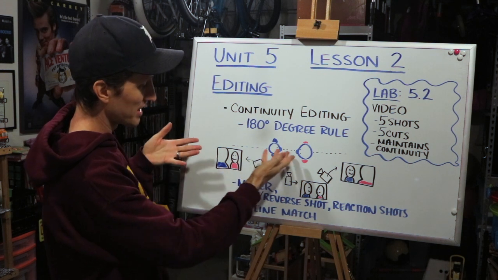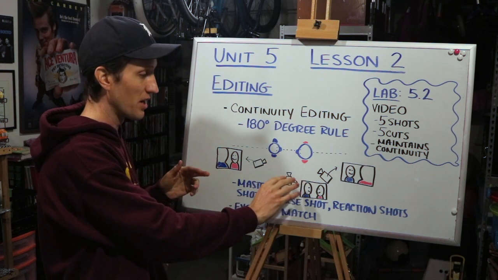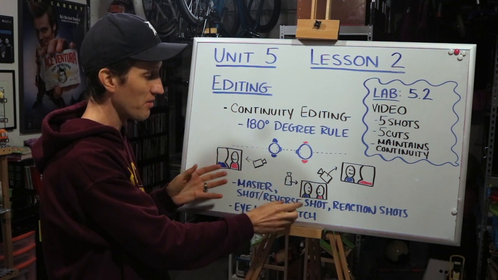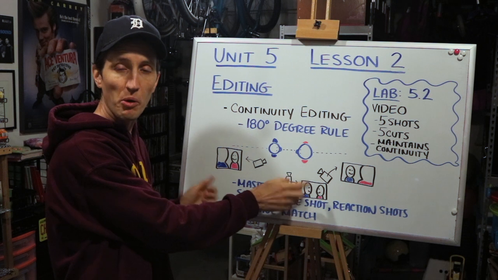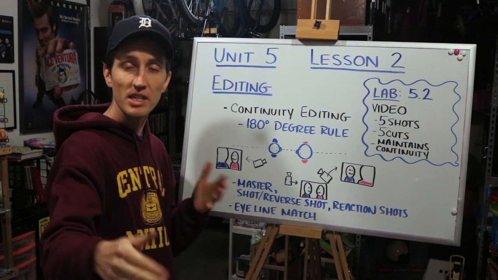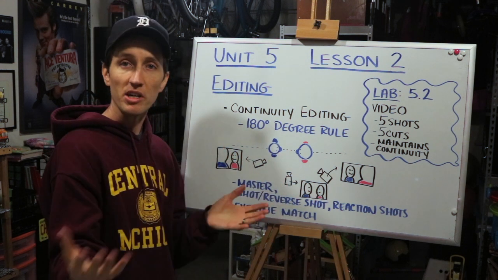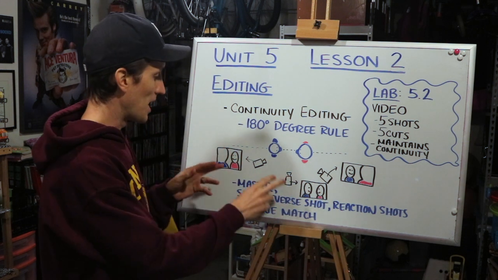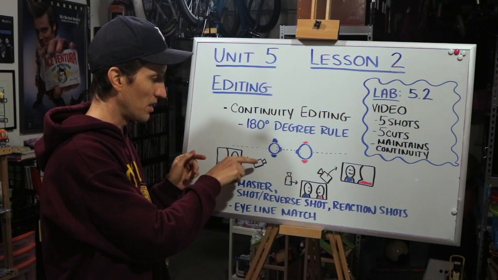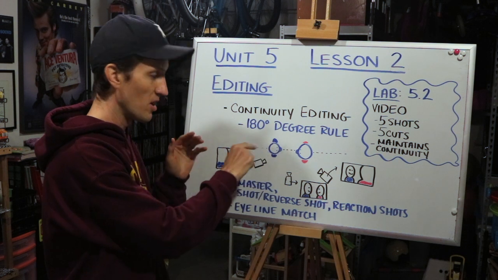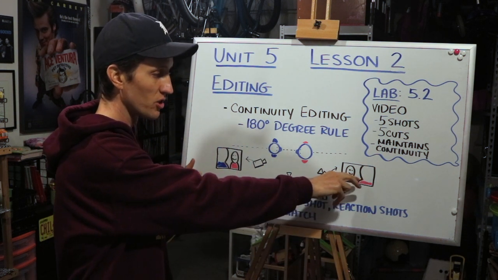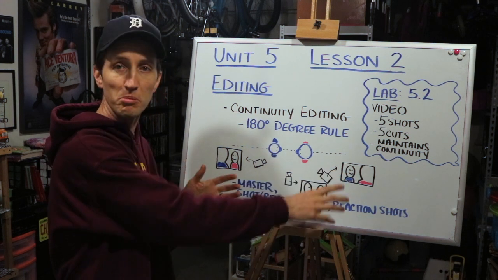So let's say, again, this is our scene. We've got two characters talking to one another, and we're going to film it in 3 different shots. We have 3 different camera angles we want to get. We want to get our master shot, where we see both characters interacting through the whole scene. Then we're going to let them run through that whole scene, just in that 2 shot. Then we're going to cut, we're going to break. Then we're going to reset for an over-the-shoulder medium close-up, pointing this way on this character. We'll do the whole scene again. And then we'll move the camera over here, get the over-the-shoulder medium close-up of the person wearing the blue shirt,